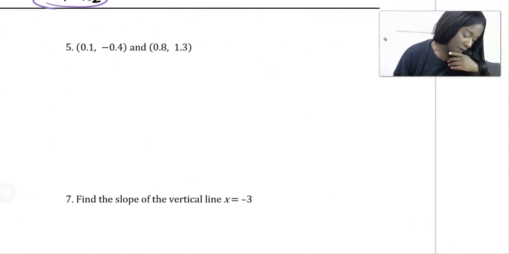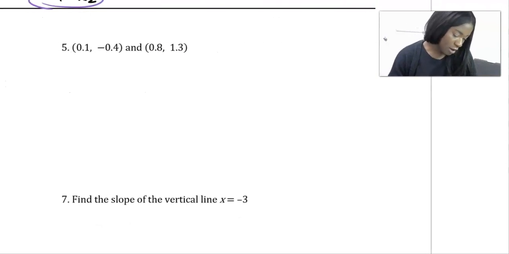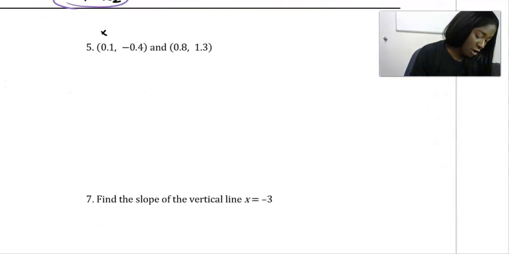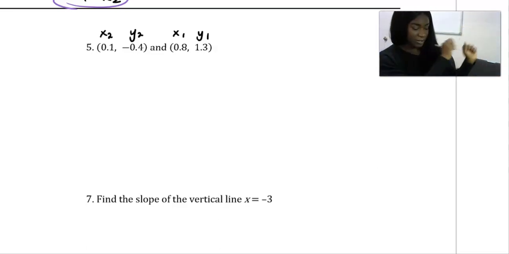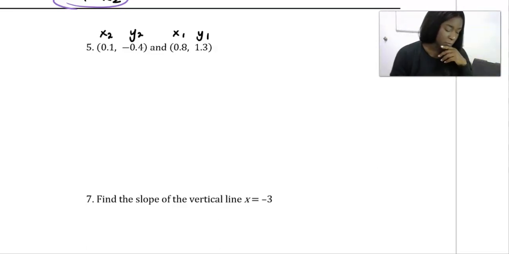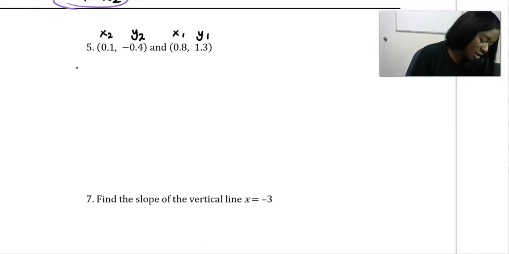Now let's look at example 5. We're going to do the same thing. We're going to find the slope of this line. Just for the purpose to prove my point, I'll now call this one x2, y2, and I'll call this one x1, y1. It doesn't matter which ones we call them, as long as one point is the 2's and the other point is the 1's. So you could not say, oh, that's x2 and this is y1. You can't do that. Okay, so let's apply the slope formula, that m is equal to y2 minus y1 over